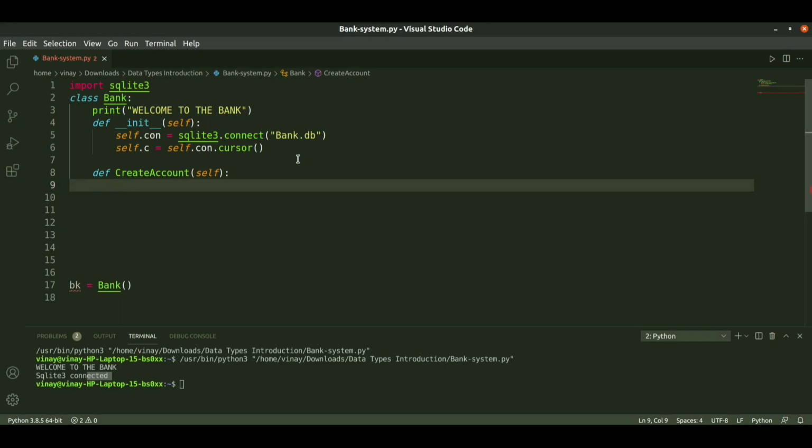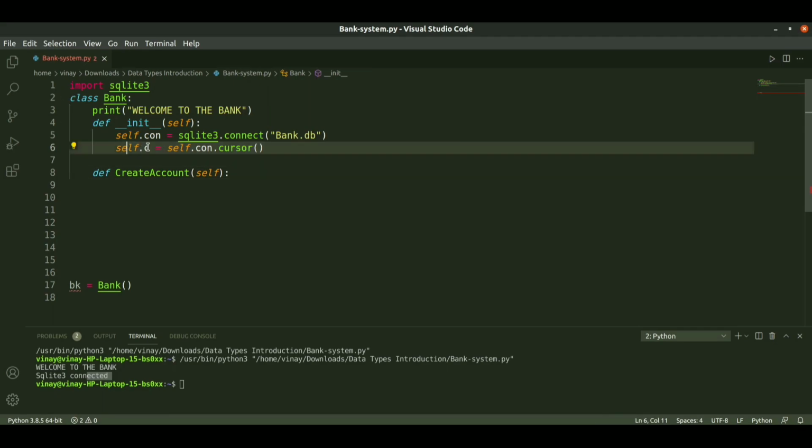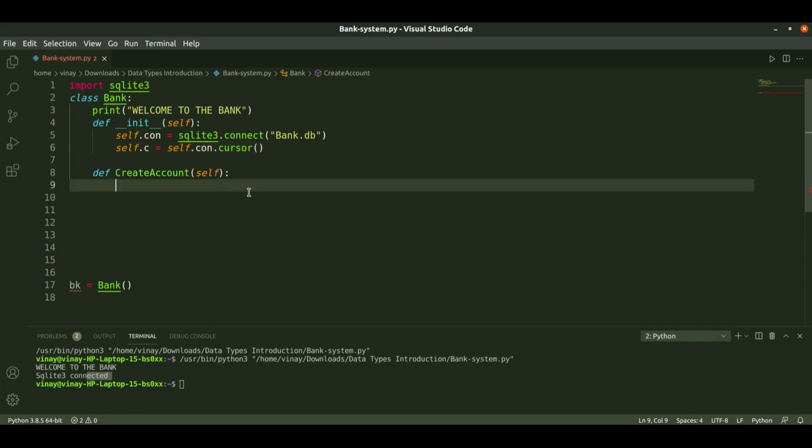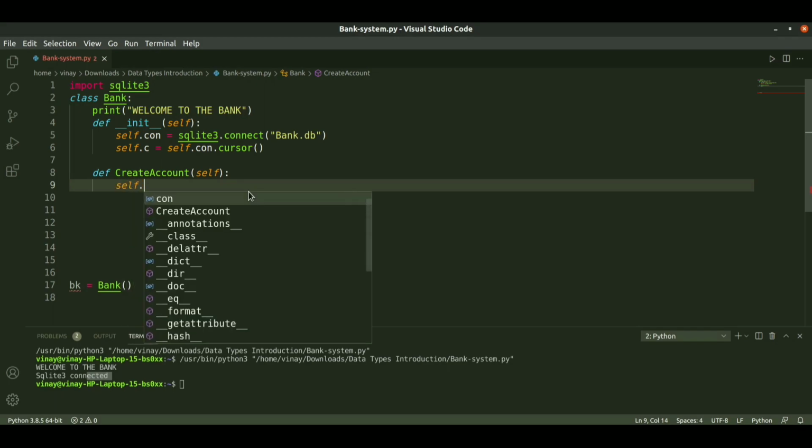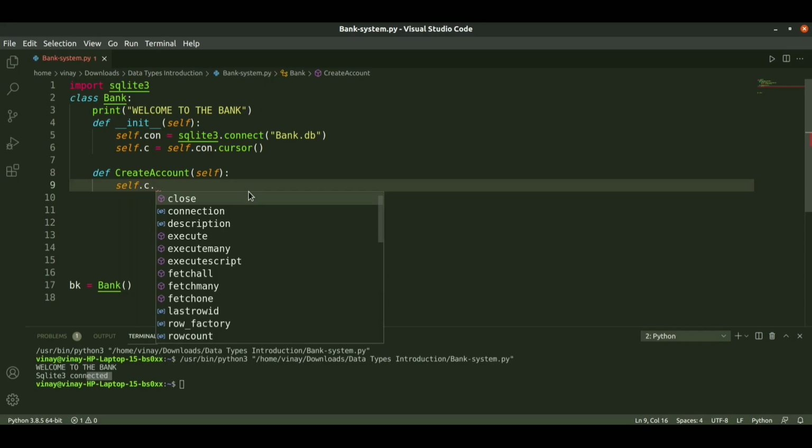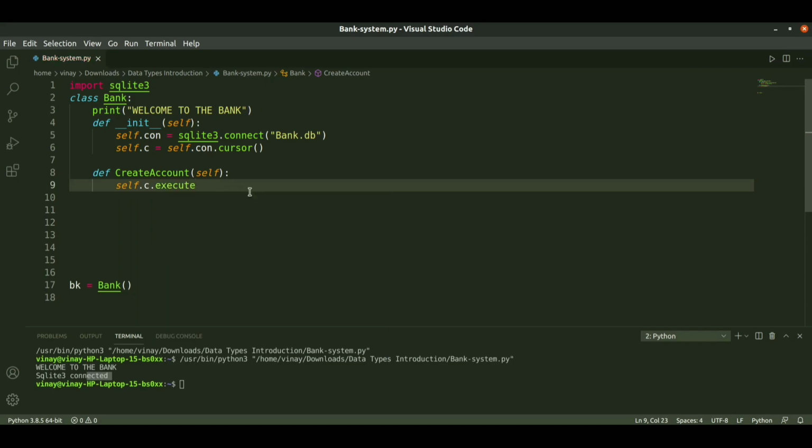After creating the account, we need to create a table first. For that we need to invoke the cursor variable self.c, along with the execute method: self.c.execute.